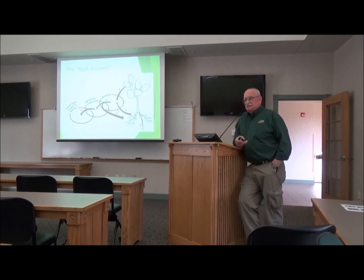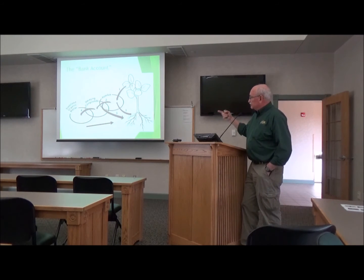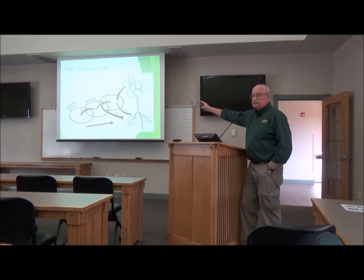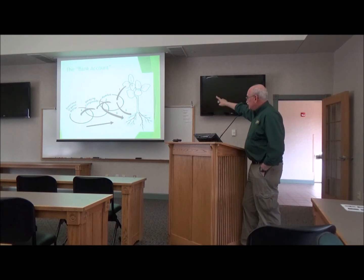Yeah, those are carbon nitrogen compounds. It's organic matter that provides energy. So the carbon provides the energy, and the other things are the nutrients that are building blocks for the microbes and for the plants. So essentially what you have, as all this cycling goes on, there's a movement of nutrients to the plant. It releases the nutrients, they are taken up by the plant, the plant grows, the residue goes back, there's some leakage back out